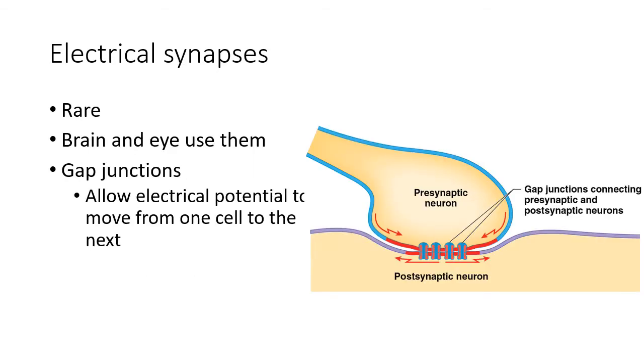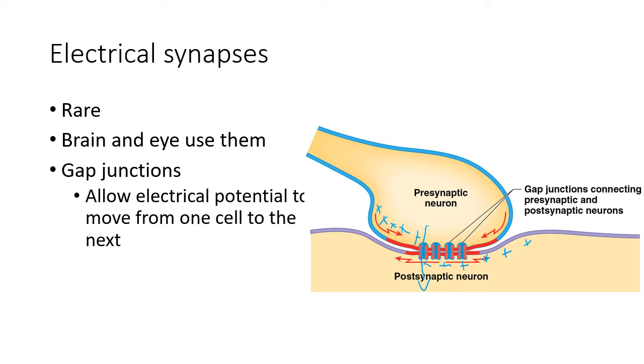With the electrical synapse, it's more like the two wires that I just drew coming together. In this one, it's in a sense a direct connection between the two. And so we have gap junctions that allow for our ion concentrations to move directly from one to the next. And so essentially that movement of going from negative on the inside and becoming positive jumps right across to the next cell,